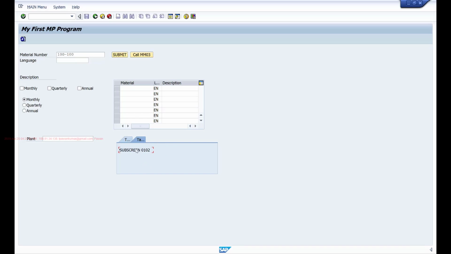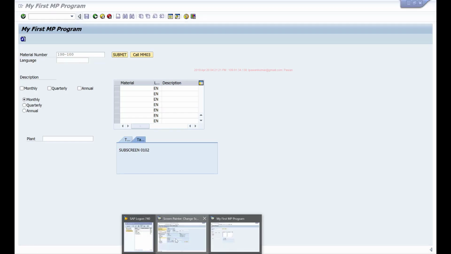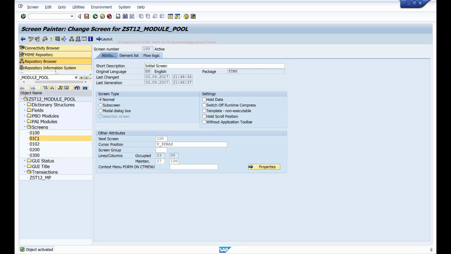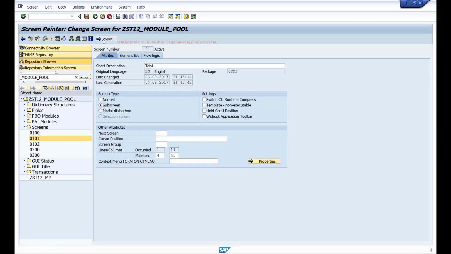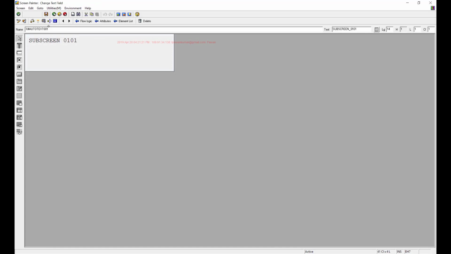So everything else remains the same. The only thing is, if you want to have some fields in this tab, go and add them to 101, and if you want to have fields on this tab, go and add them to 102. So if I go to this 101 screen and go to the layout, here I'll remove this and I'll add one text field. Let's say plant,